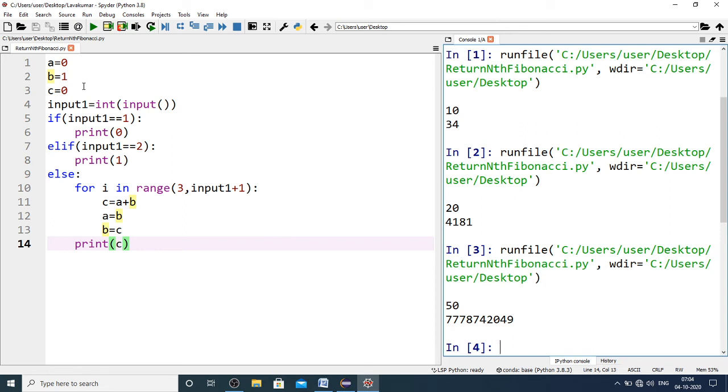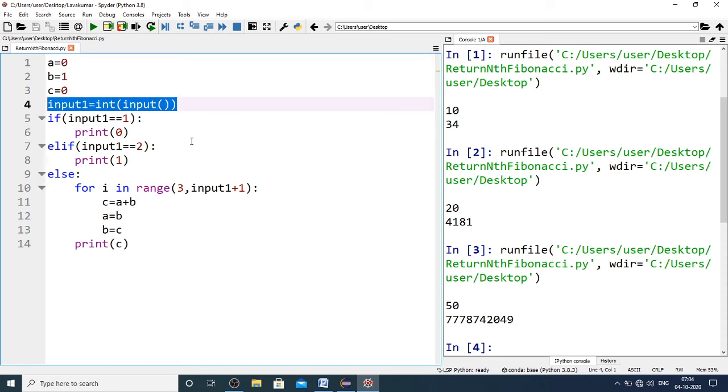So in Python, we don't need to define the type of variables. That's why directly we are initializing the variables. And then I'm reading input. So this line you can ignore in the placement exam. Excluding this line, remaining all lines you can write as it is with again changing the print with return statements.